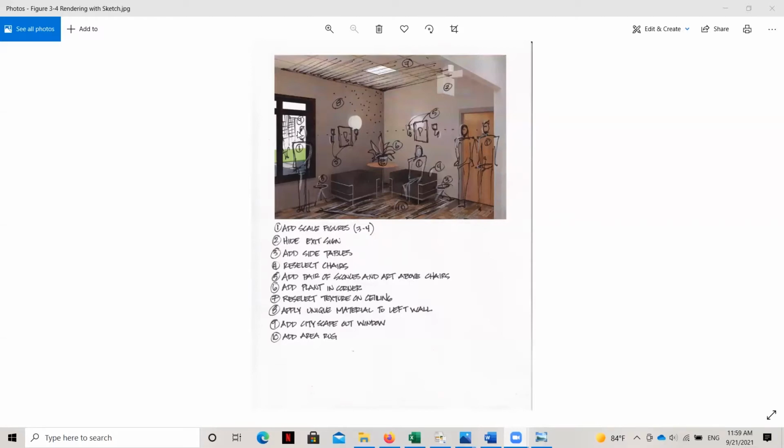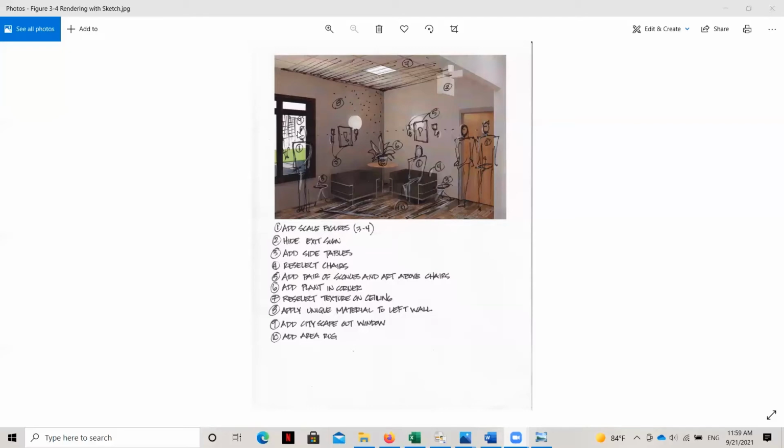So prior to sketching over this, in my mind, I wanted to make sure that I included the elements that need to be included in all renderings. Regardless of how I create a rendering, I always make sure that I have a few scale figures if the size of the space allows, at the very least one, but I try to have a few. A view out the window or a background. And I also like to add in any kind of entourage, whether it's little knickknacks on tables or plants.